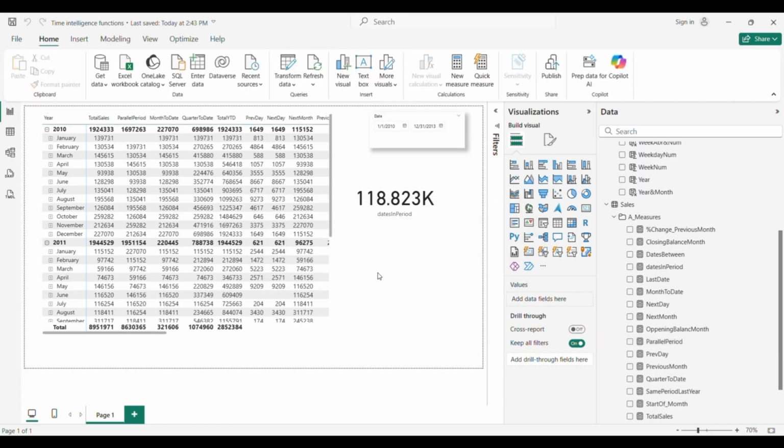So I think this is all for today. As you can see, there are a lot of intelligent functions that can help in any possible scenario that we will have. And we can also use them in our graphs very easily to visualize maybe better all the trends that we are interested in.